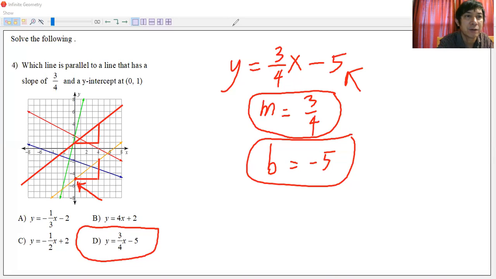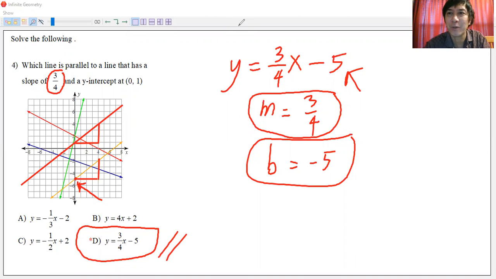Now we can verify that also. Okay, you can see the asterisk. All right, that's that tiny asterisk in front of letter D. That means that's the answer. All right, so that's it. Now to make things easier, all right, once you have the opportunity to check the slope, there is 3/4. If you're going to observe the choices, the rest are different. It's the only one with the 3/4 there. That's why that's the answer.